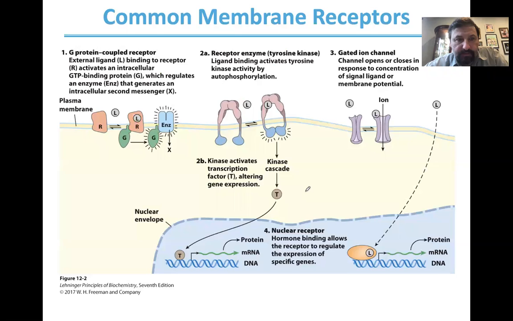So this is a general overview of these kind of receptors we just mentioned. These are G protein coupled receptors. In general, the way they work is, you have this receptor, which is waiting for its ligand to arrive. Once the ligand arrives, for example, epinephrine, right? Once the ligand arrives,